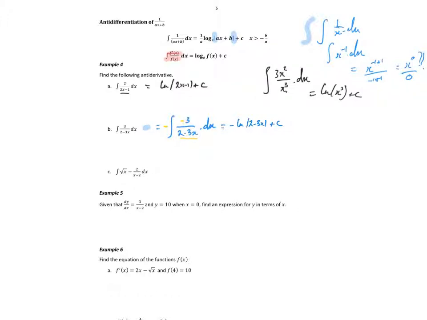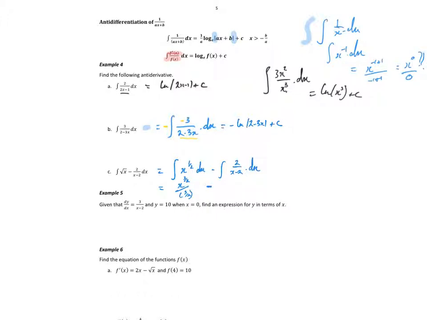So integral, rewrite x to the half minus, let's split it up. So that's the integral of x to the half dx minus the integral of 2 over x minus 2 dx. Now again, x to the half is fine. If I integrate that, add 1 to the power and divide. So I get x to the 3 on 2 over 3 on 2